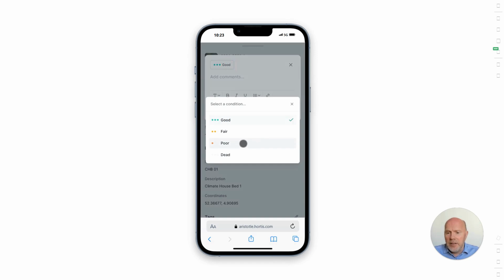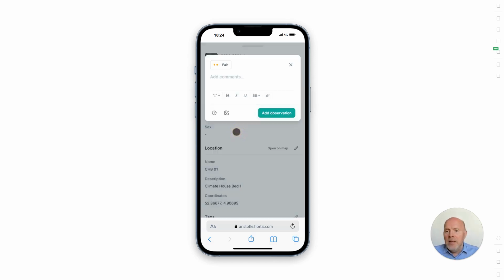You can select condition. In this case, I'm going to say it's fair. You can also do this flow when you see that plants have died, so that's also worth noting. If I say it's fair, I might say something like needs more watering,